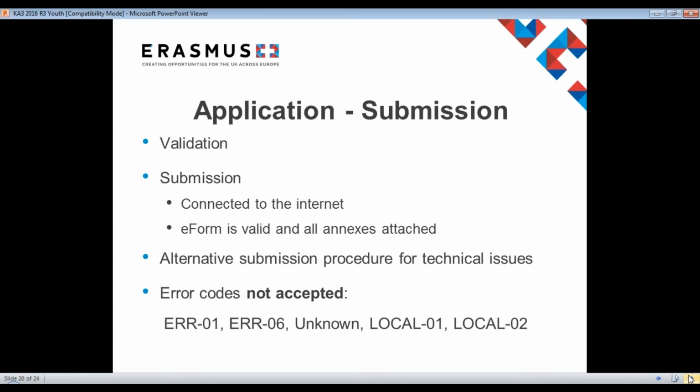Okay, so we're just going to cover some last top tips for submission, which would have previously been mentioned before, but we're just going to reiterate those now. You must ensure you have validated all sections of the application form before submitting. You will need to ensure that you are connected to the internet in order to submit your completed application form. You should also ensure that all sections of the form are valid and all annexes are attached before submitting the